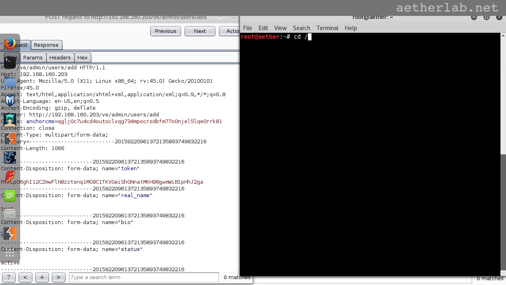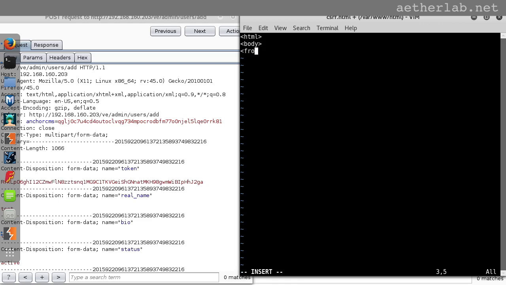So I will just go to the root folder of the web server, www.html, and here I create a file called csrf.html. This is a simple HTML web page, so I will keep it as simple as possible so that I don't have to write too much. HTML, body,